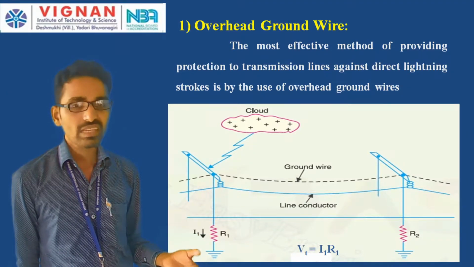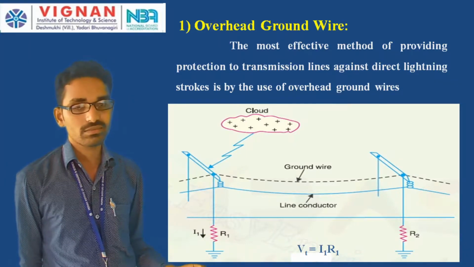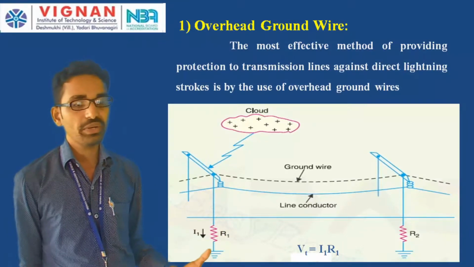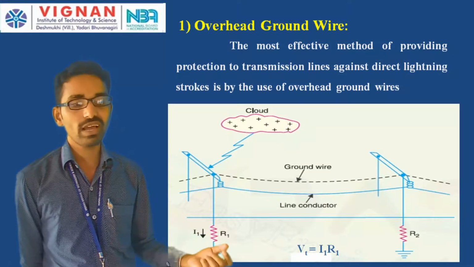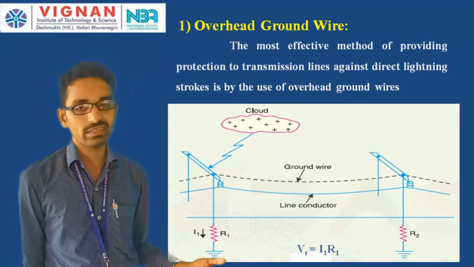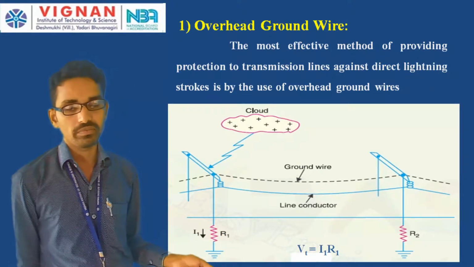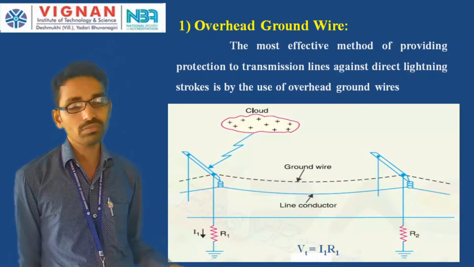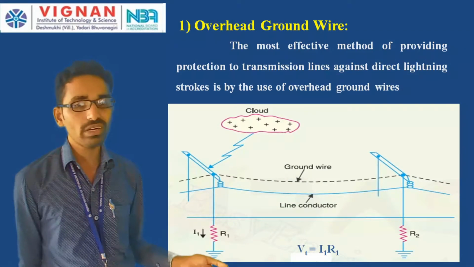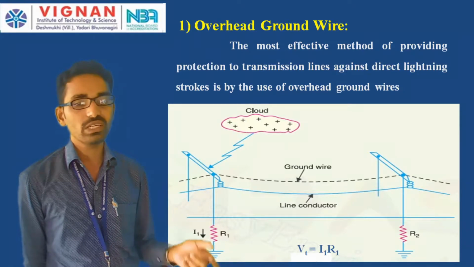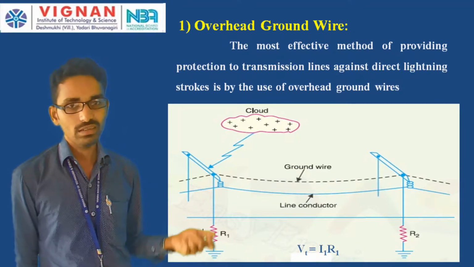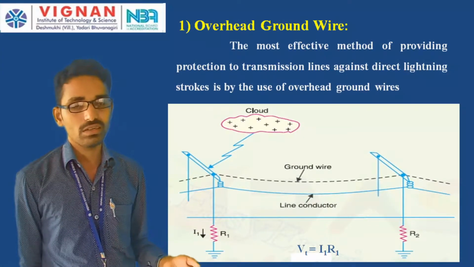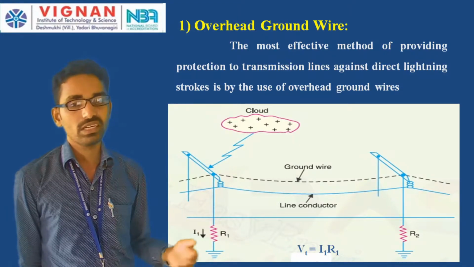Okay. We do not have the lightning current value in our hands, but we can reduce the tower footing resistance. That resistor value can be reduced, as that is in our hands. So if we reduce that resistor value from 50 ohms to 10 ohms, then what happens? That voltage Vt is equal to I1 into R1. I1 is 50 kiloamps, let us take. So 50 into R1, that is 10. So 50 into 10, that is 500.